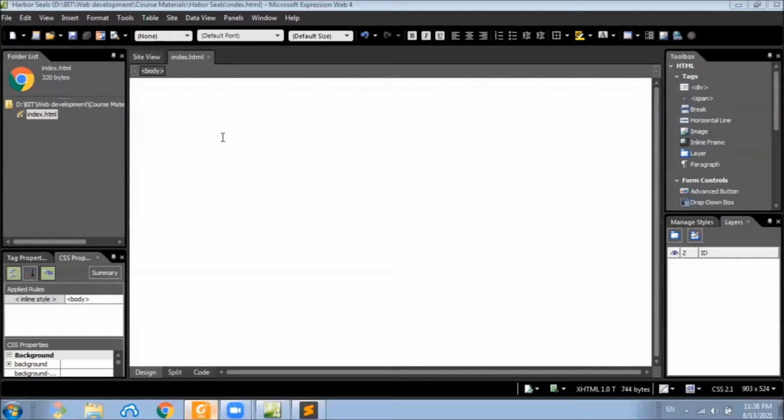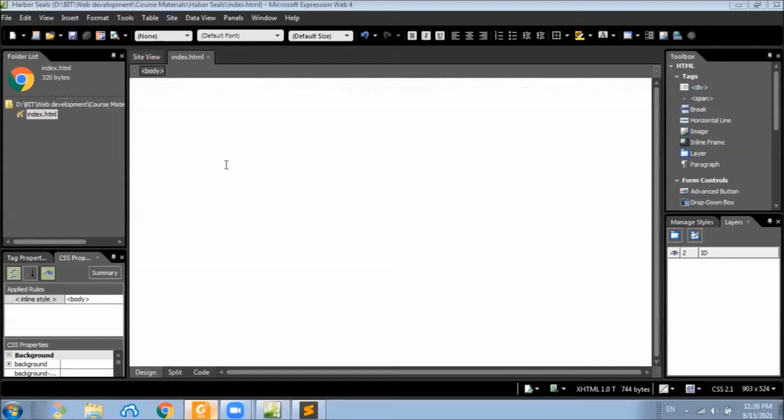Once you have inserted a layer into the page, you can insert any element such as a graphic or some text into the layer. Actually, layers are a popular choice among designers because they provide such precise layout control. But you should know that this is only one of many ways to create designs in Expression Web.